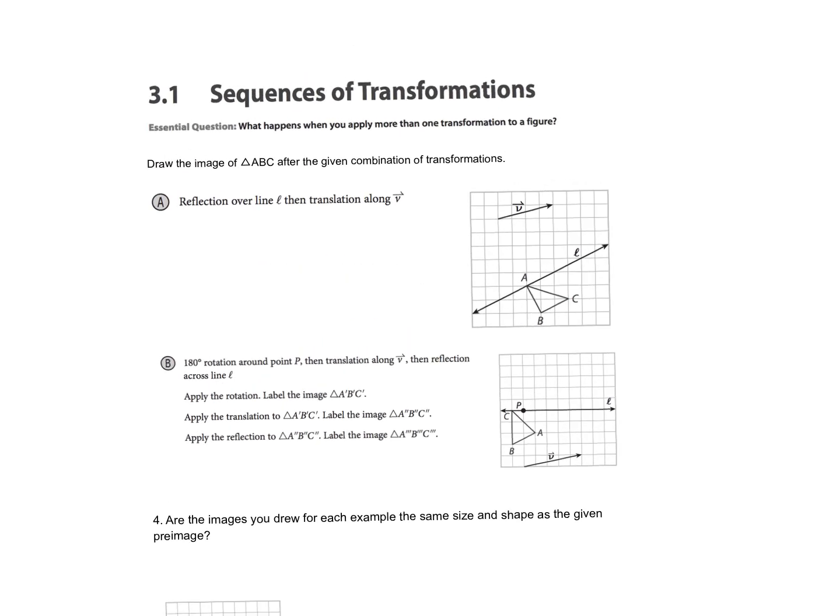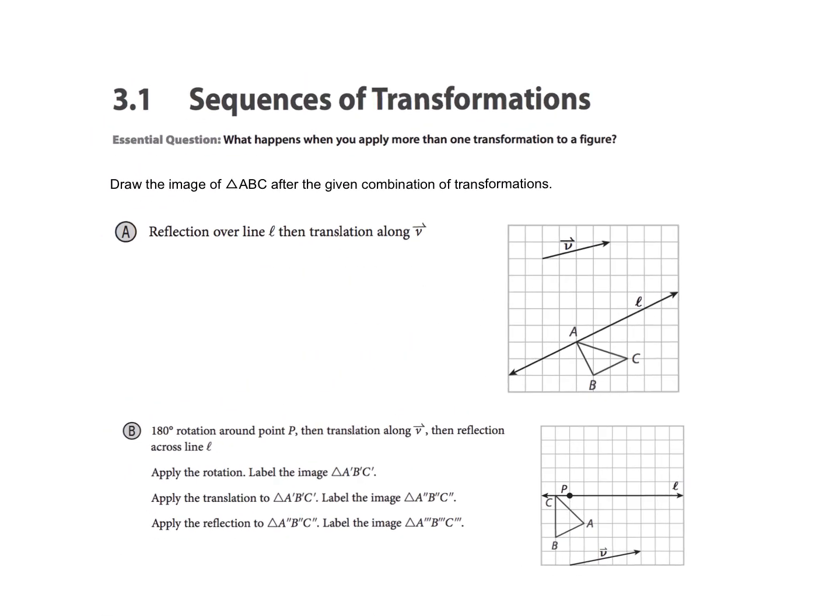Okay, so today we're going to do sequences of transformation, and we're going to see what happens when we apply more than one transformation to a figure. So it says draw the image of triangle ABC after the given combination of the transformations. So first we're going to reflect over line L. And remember, reflection, we have to use the opposite